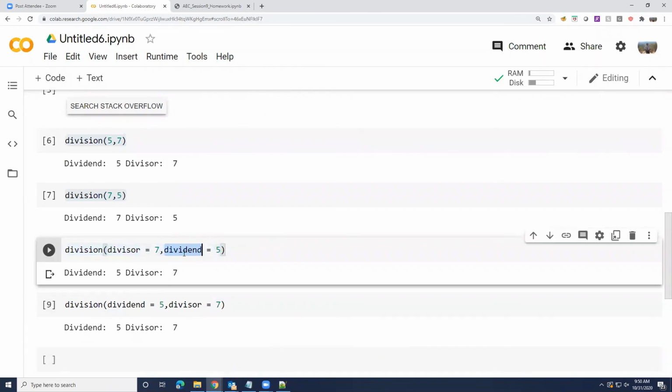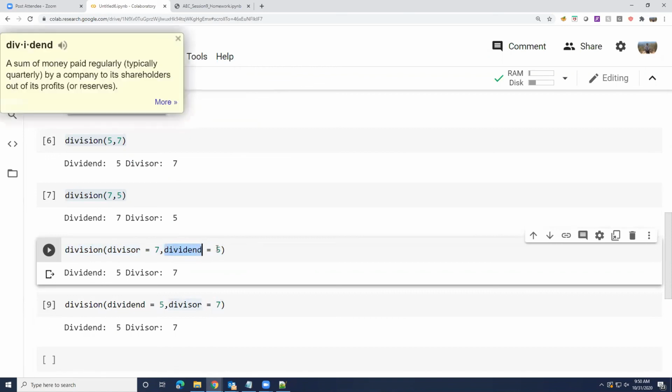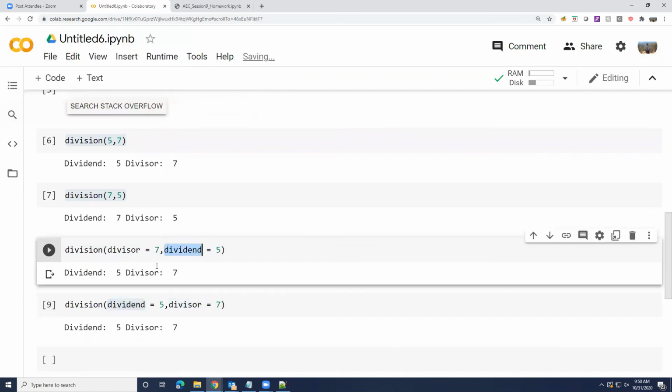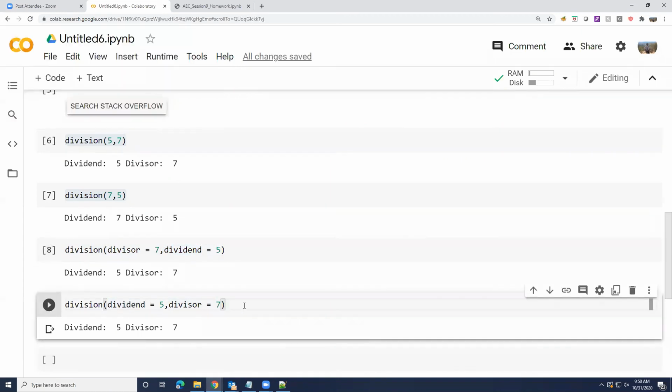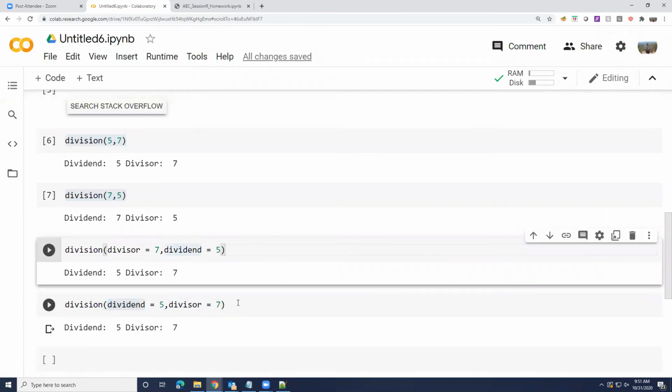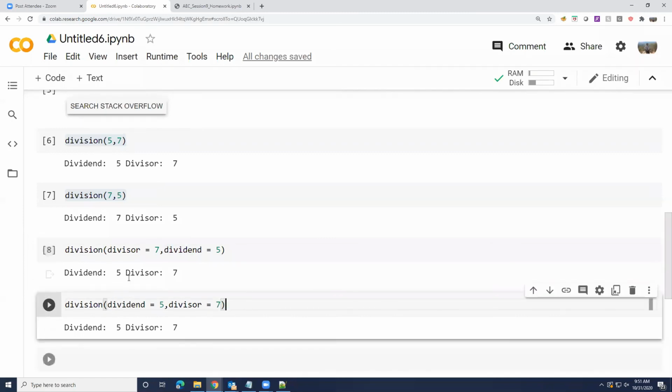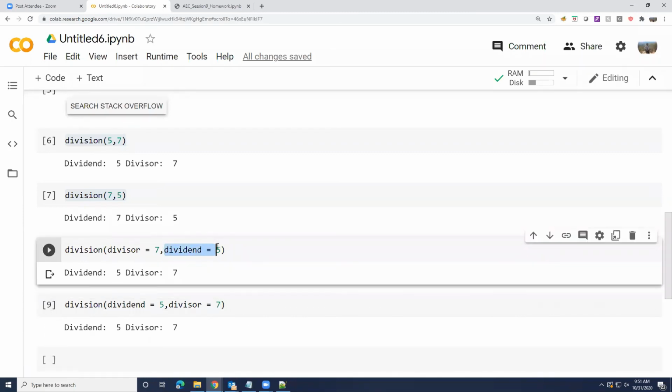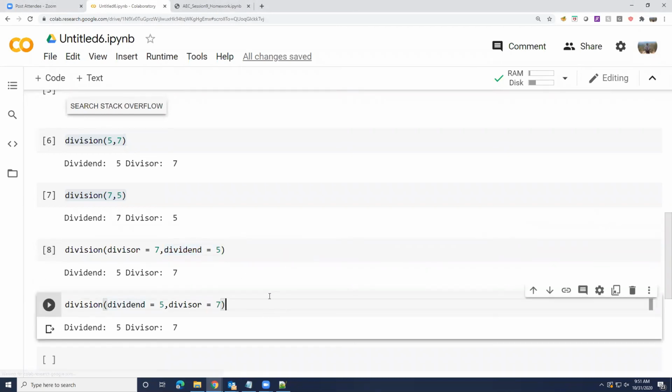So in both cases, irrespective of the order, because I'm giving names and saying, okay, for this parameter, this is the value, it works fine, right? Calling 7,5 versus 5,7, but flipping the names of the arguments made it work equally well, right? In both cases, I'm getting the exact same answer, even if I broke the positional nature of the argument. This seems logical, right? Does this seem like a strange thing or something that you wouldn't expect?